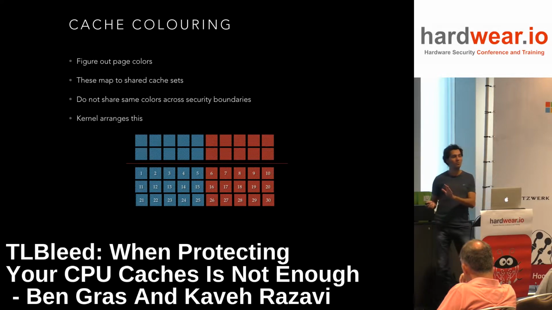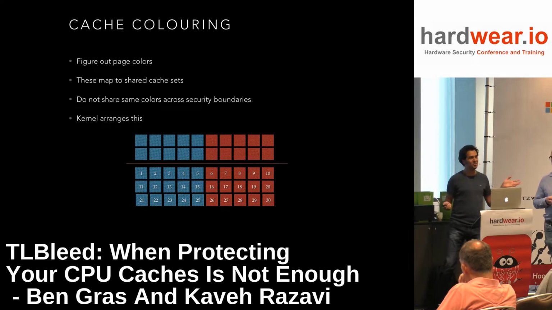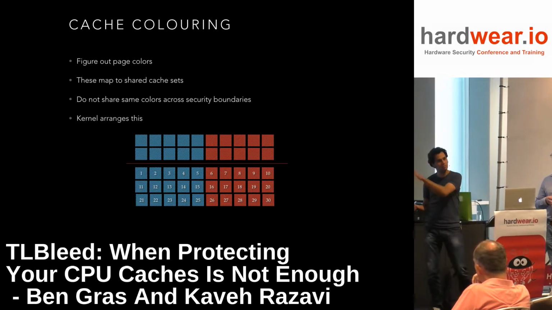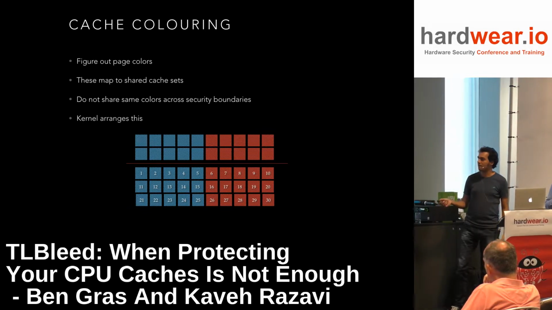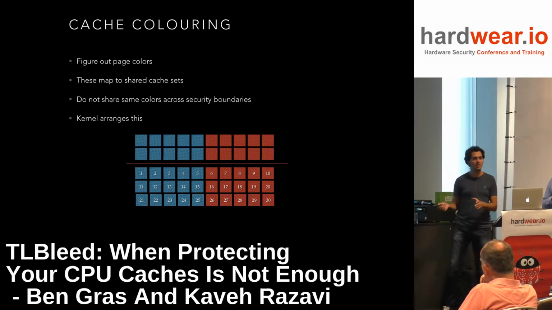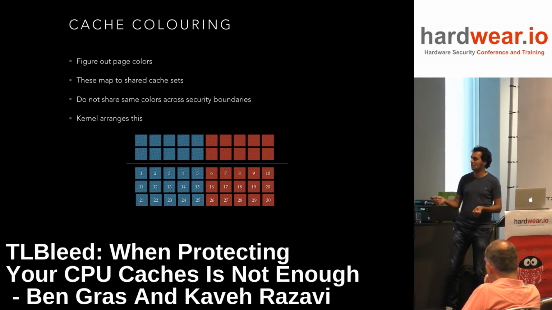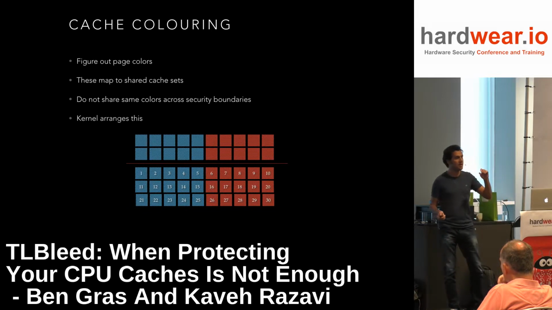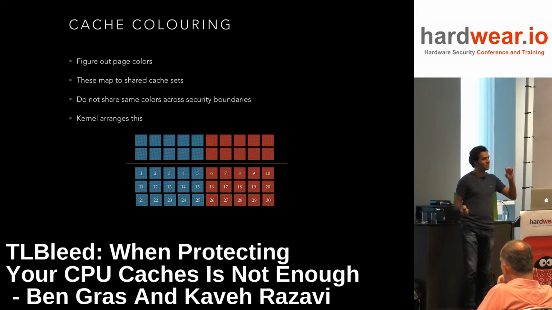Just to give you a little bit more information so that when Ben starts introducing TLBleed, you would understand the attack a little bit better, I will try to explain how this mapping between memory locations to cache locations happens. So basically, your caches are partitioned in what we call sets. So here, we are showing different sets as these horizontal boxes. So here is one set, here is a second set, and so on. And each set will have some space, a size in which a number of entries could go to this set.